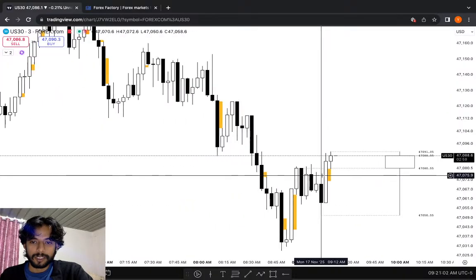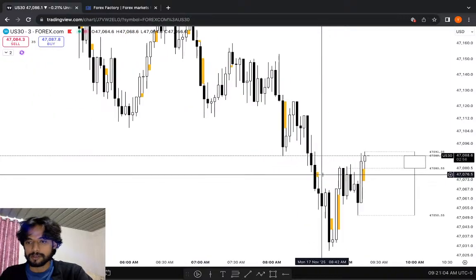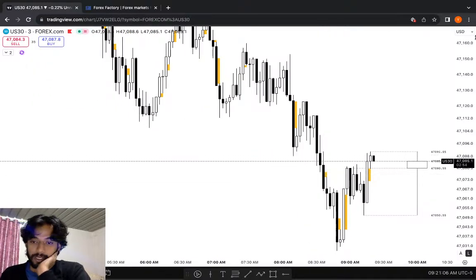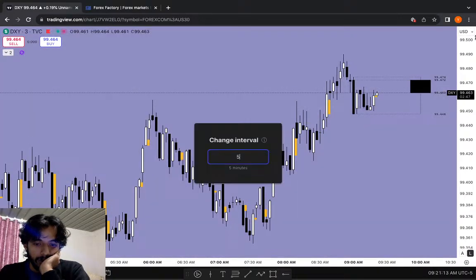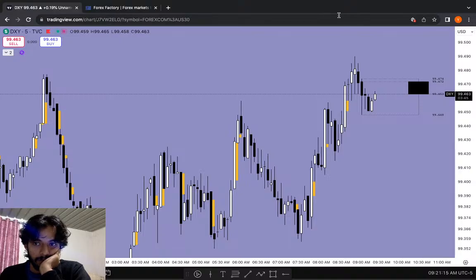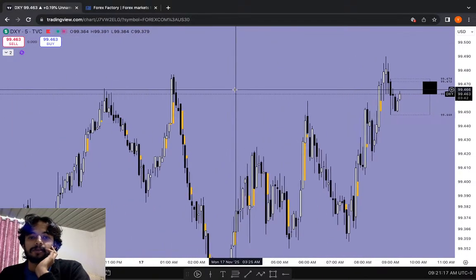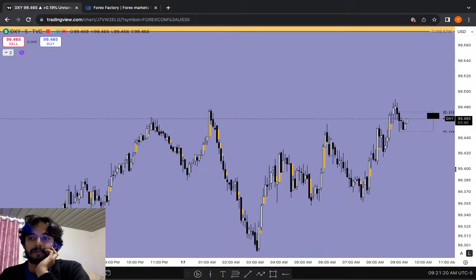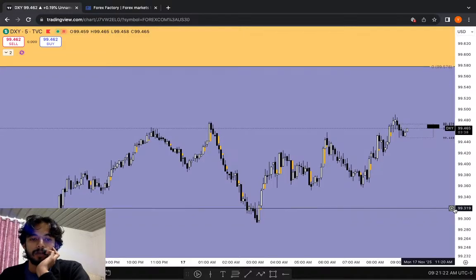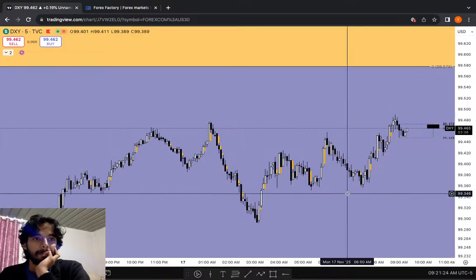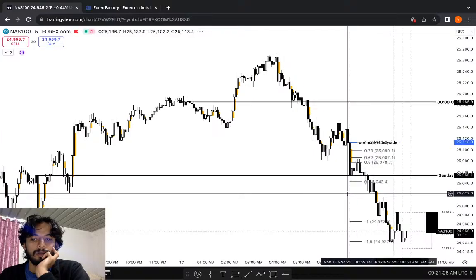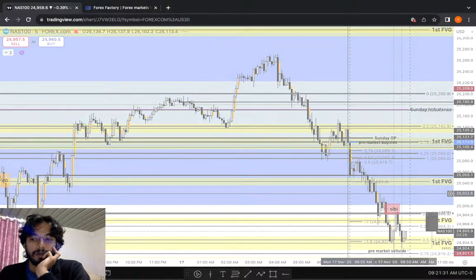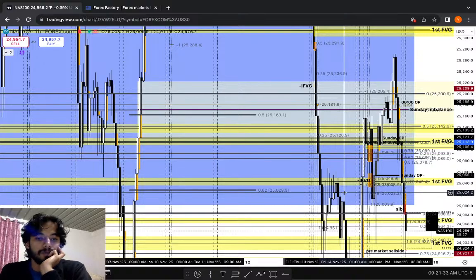Okay, US30 is doing little things. It might straightly blast at opening on the upside, and the dollar is bullish, moving higher. So it's pretty interesting to watch how we open around that time. But let me also refer to the higher time frames once.